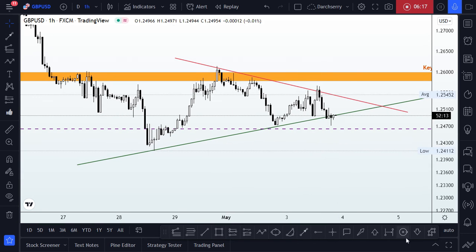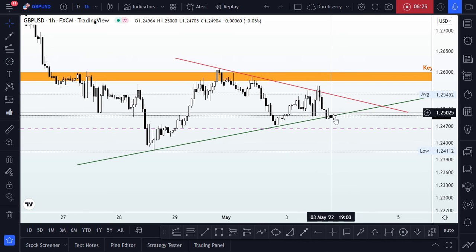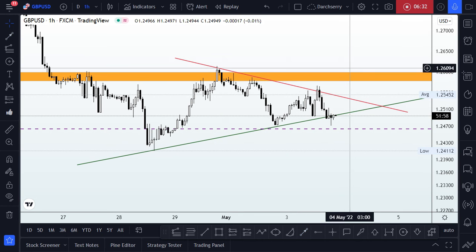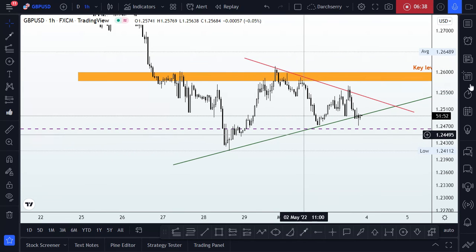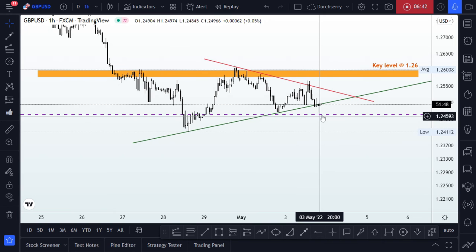So in this regard, this area on this bearish bullish trend line is a very key point, where whatever happens here might determine how price is going to react going forward. Is it either up from this point, or we are going down from this point? So first of all, considering the long-term bearish momentum on this pair, the first thing I did, I placed the pending order right below structure,